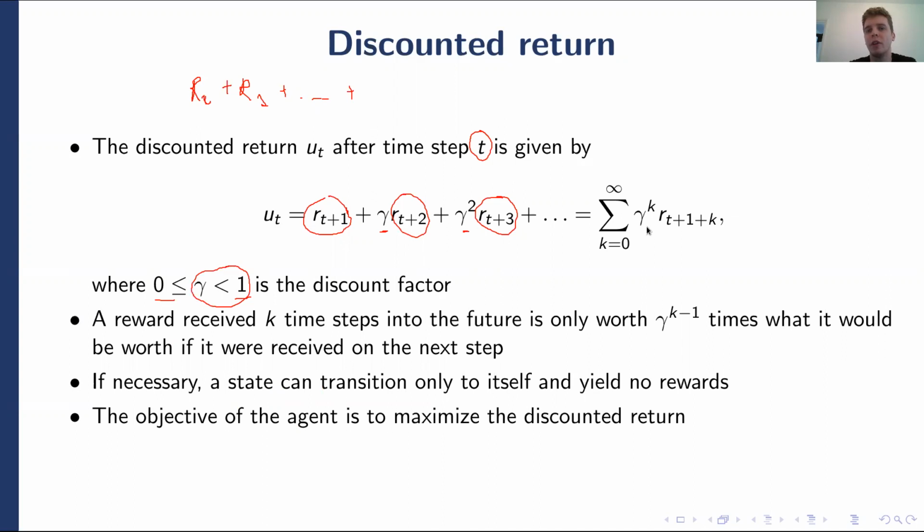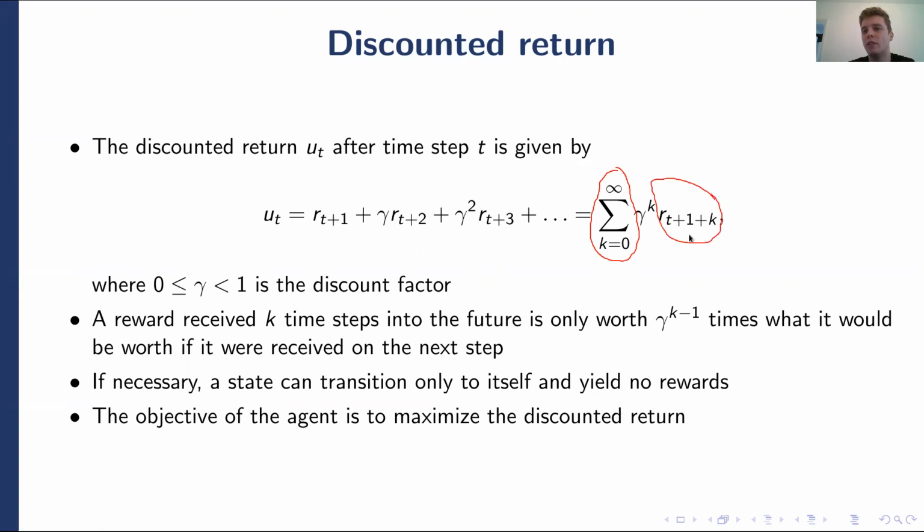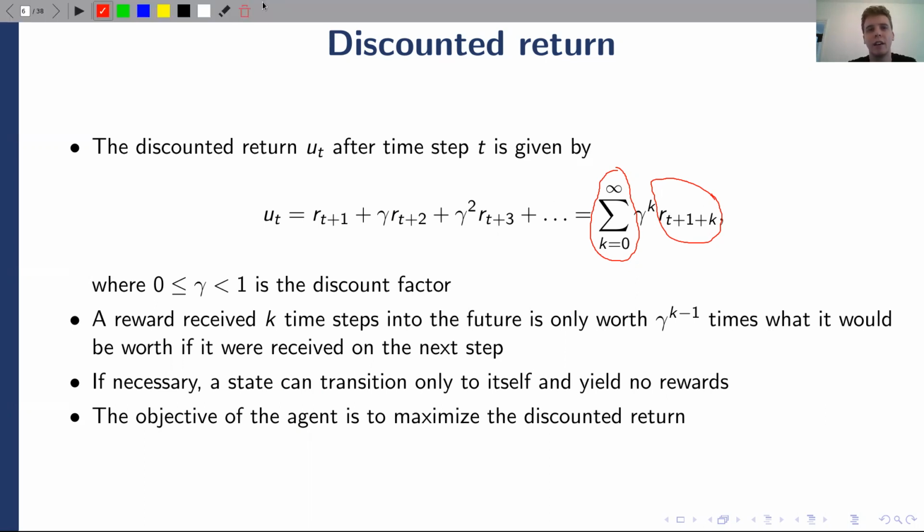Okay? So in other words, let's define this quantity called discounted return, and that is simply the sum for every k from 0 to infinity of the reward that you observed k steps after step t plus 1, times gamma to the k. Now let me go at this again. I think maybe this is not sufficiently clear yet.